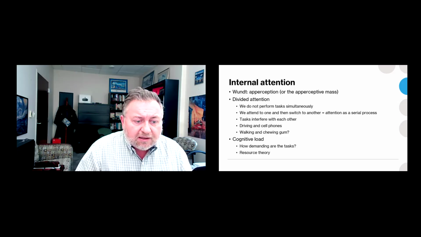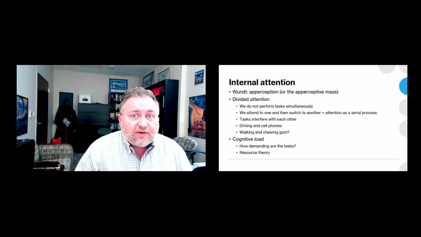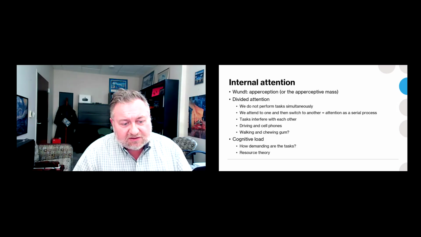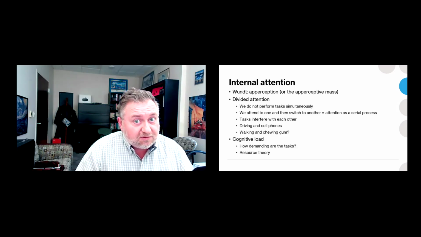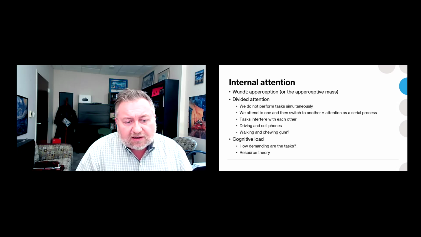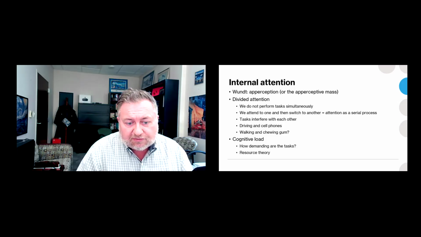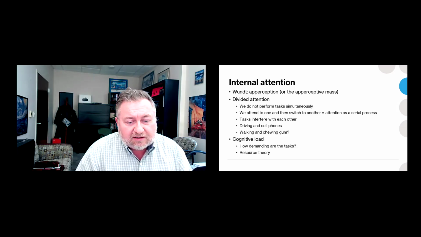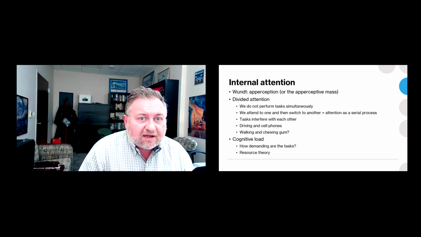So this would suggest then that when we are doing tasks that are very easy, we can do divided attention fairly well, right? We can multitask, like walking and chewing gum, right? This is the old adage that people say that sometimes you're just so out of it that you can't even walk and chew gum at the same time. And this is meant to suggest that you don't have the cognitive resources available to even do something simple like that. But in reality, of course, those are tasks that are not particularly demanding, so you should be able to do both at the same time. But in other situations where the task gets more difficult, we need to understand what is actually involved with this, right?